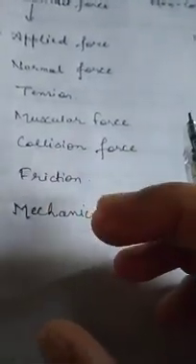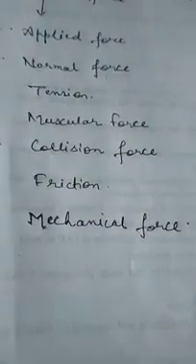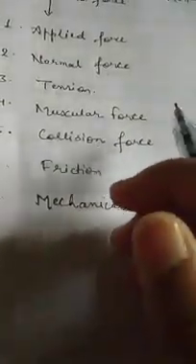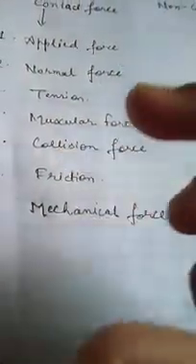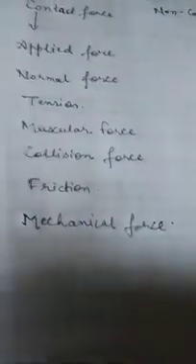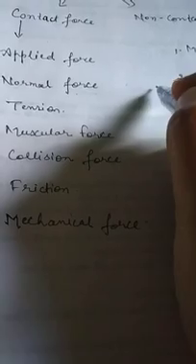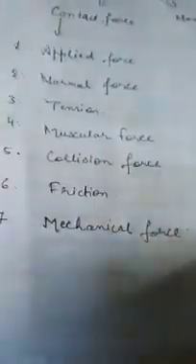Now, collision force. What is this collision force? It is the contact force which comes into play when two bodies collide with each other. For example, when two cars have an accident, what will happen? The two cars collide with each other, then they exert force on each other. That kind of force is the force of collision. Force exerted from both sides equally is called collision force.